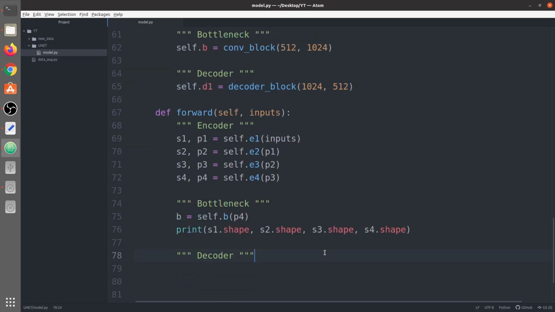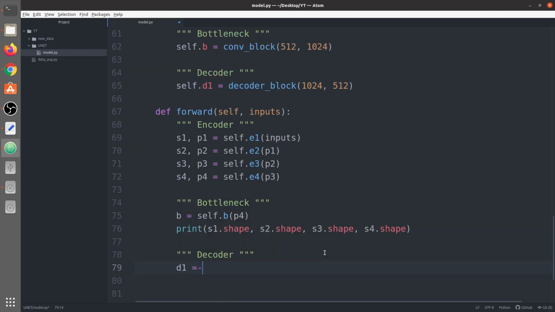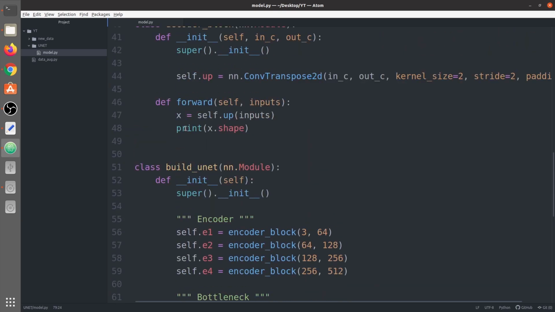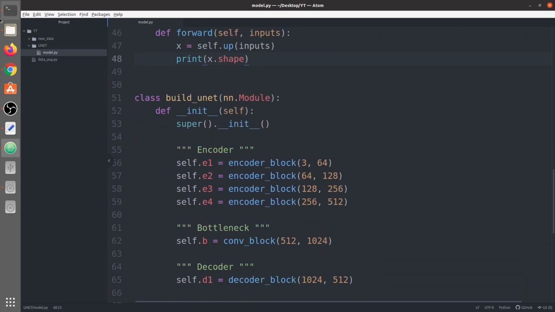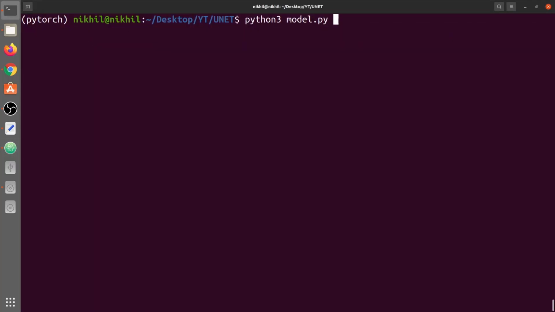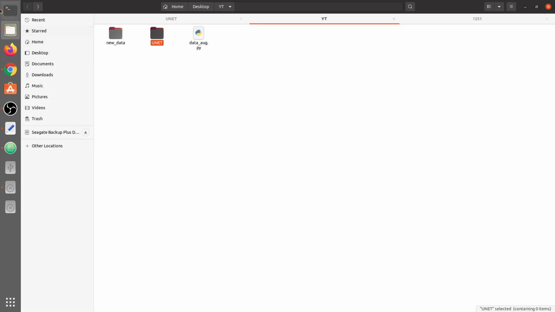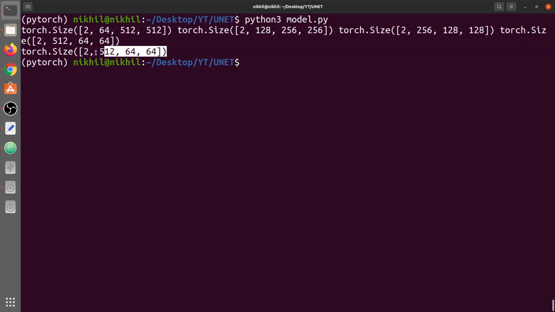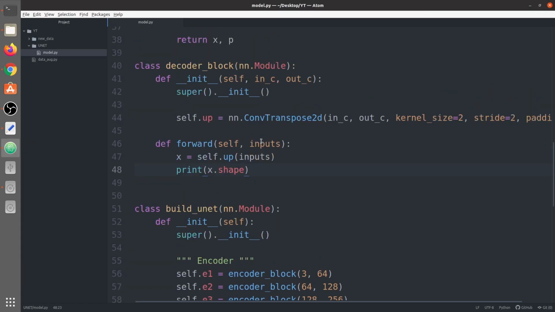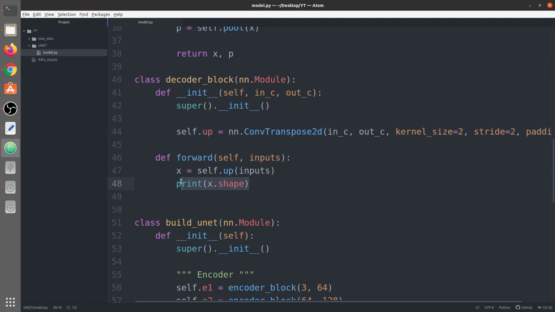We're gonna call it here. We're gonna say d1 equals self.d1, and first it would take only the B input. Now we would print the shape of x and see. First is the skip connection, second is the shape of this upsampled feature map, the output of the transpose convolution.